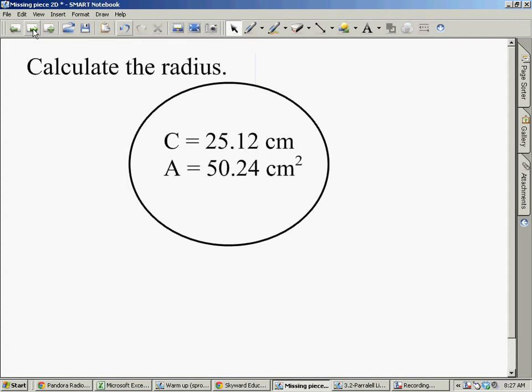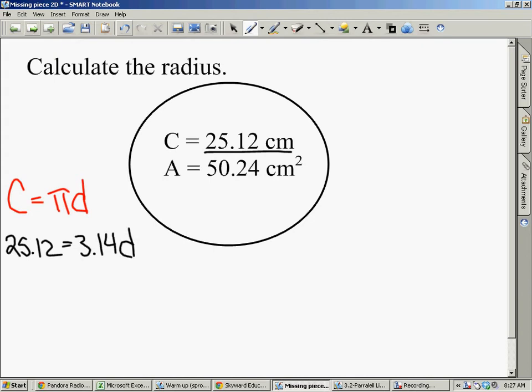Calculate the radius. This one I gave you the circumference and the area. You only need to use one of them. You can choose. I'm going to show you both. Let's start with circumference. So I know the circumference, so I think about my circumference formula as pi times d. Now I'm going to fill in what I know. I know that c is 25.12. It told me that right here. I know that pi is 3.14, and my mystery is d. Okay, I'm going to solve for d. They were multiplying by 3.14, so I'm going to do the opposite of that, and I'm going to divide. And I get